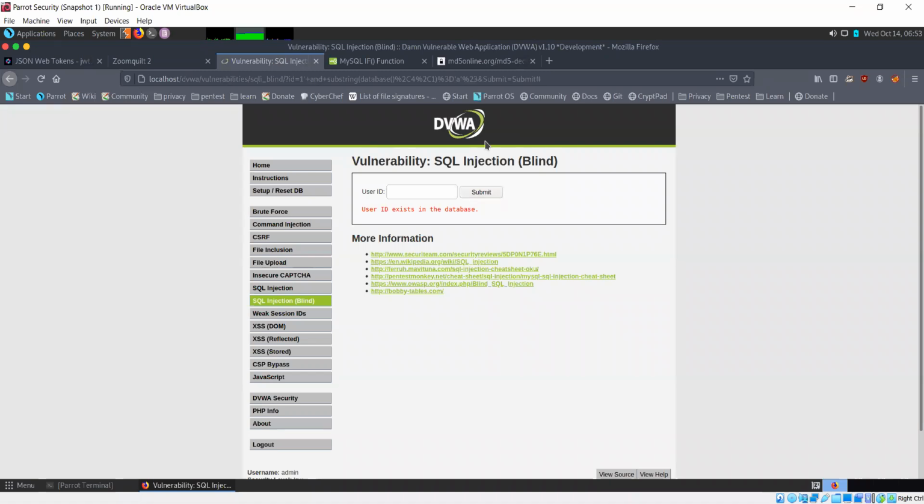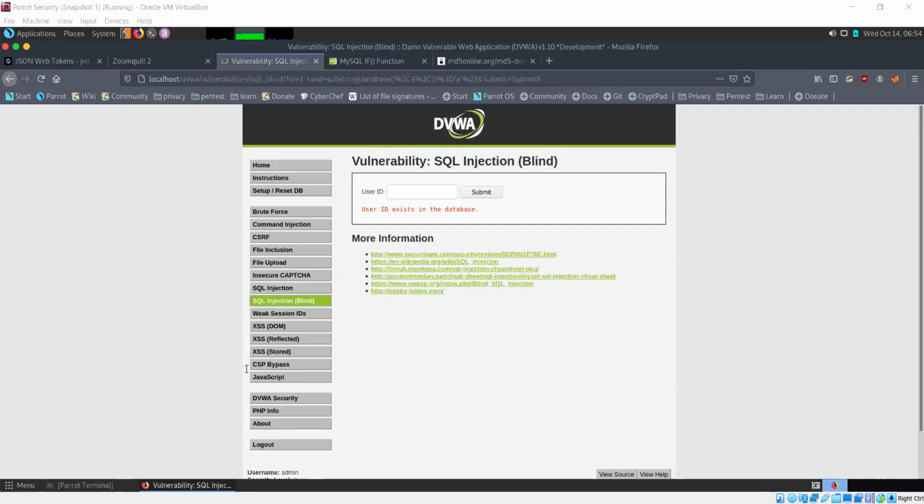So this was Boolean based blind SQL injection. Now the second kind is time based. In time based SQL injection, what you do is you specify a time delay as part of your SQL queries. And if your query is true, then you will know that because that time delay will activate.